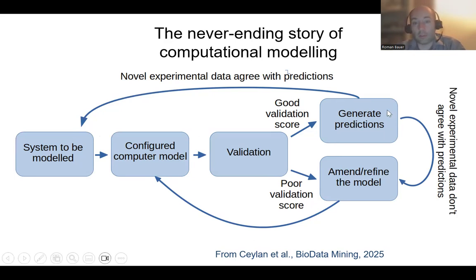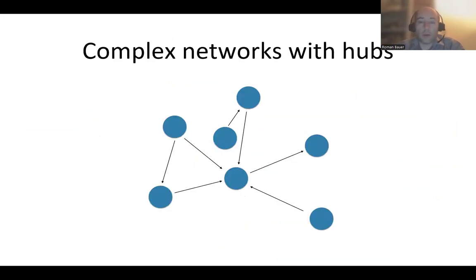So we can essentially iteratively do this, and so we can more and more increase our understanding and improve our computation models. So this is the overall approach, and I want to now give you an example where we did this approach,